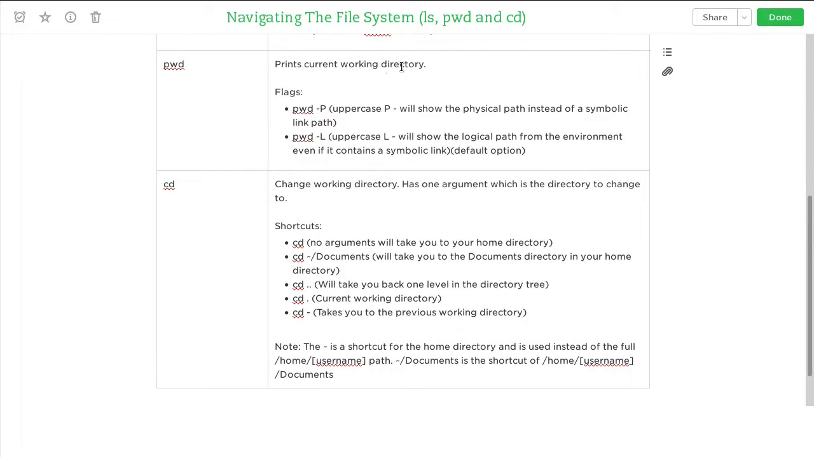pwd prints the working directory, so it tells you where you currently are. The pwd -P, uppercase P, will show the physical path instead of a symbolic path. The pwd -L, uppercase L, will show you the logical path from the environment, even if it contains a symbolic link,